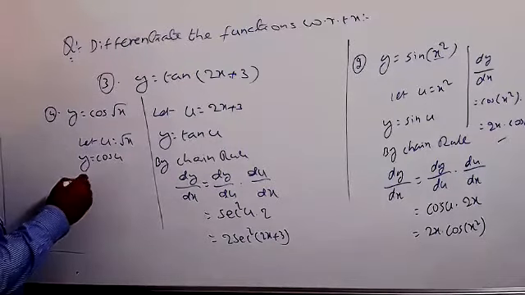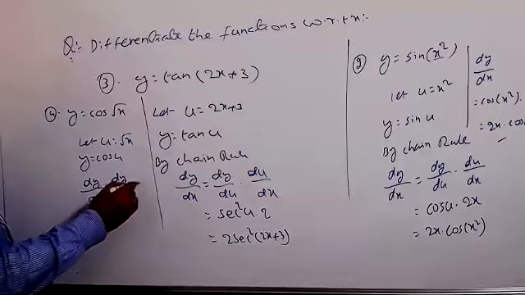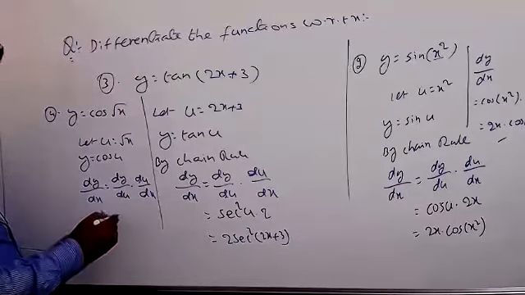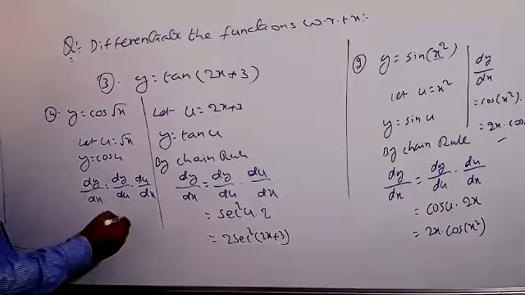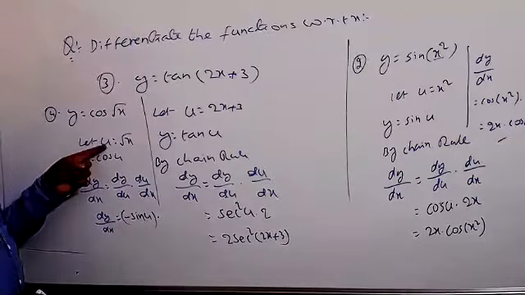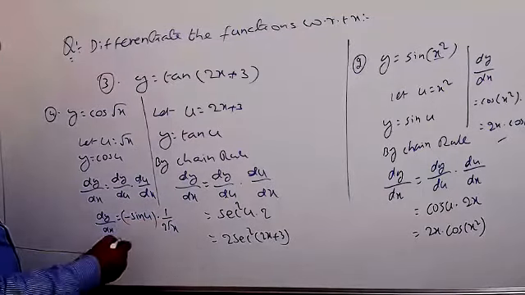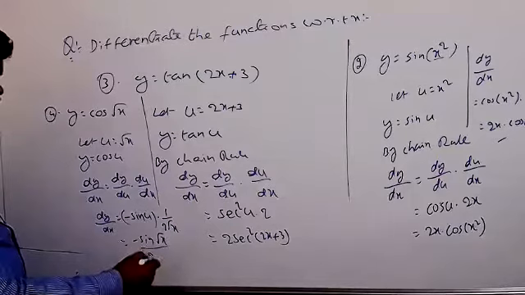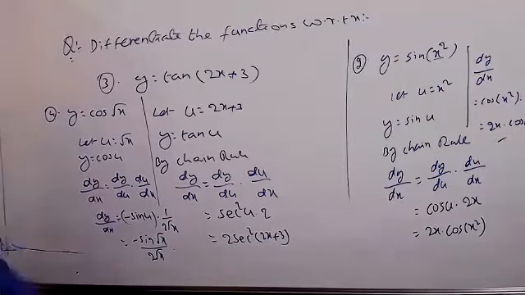By chain rule you can write. What is the formula we had? dy by dx equal to the same, dy by du into du by dx. So dy by dx equal to the derivative of y with respect to u. Cos u equal to how much? Minus sin u into the derivative of u with respect to x. Root x, we know very well, is 1 by 2 root x. So it is equal to minus sin of root x by 2 root x. So by the chain rule also we got the answer very easily.